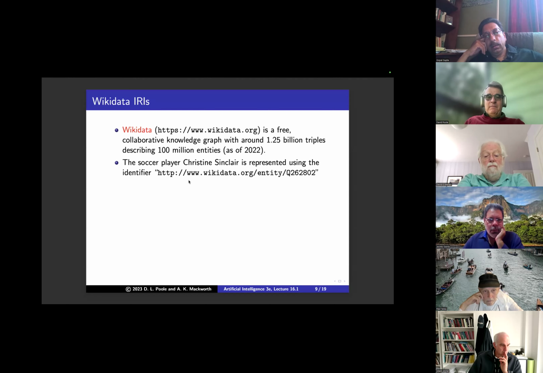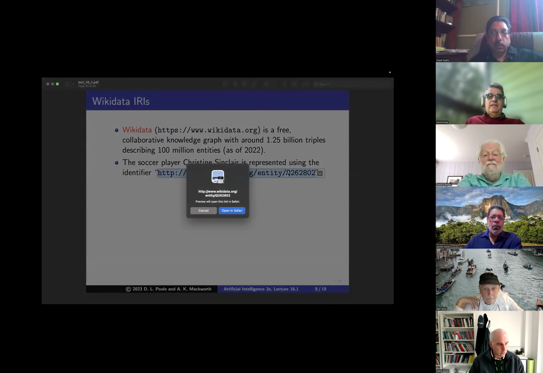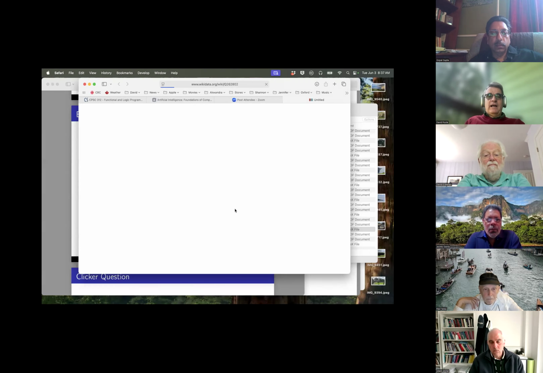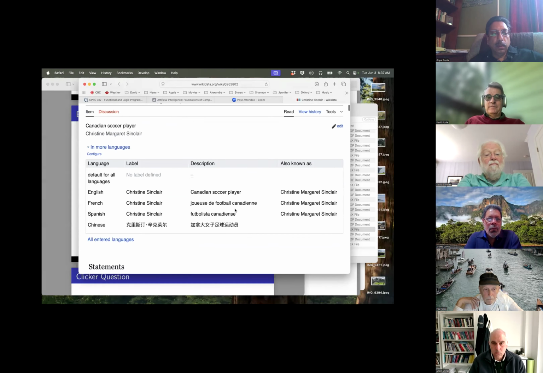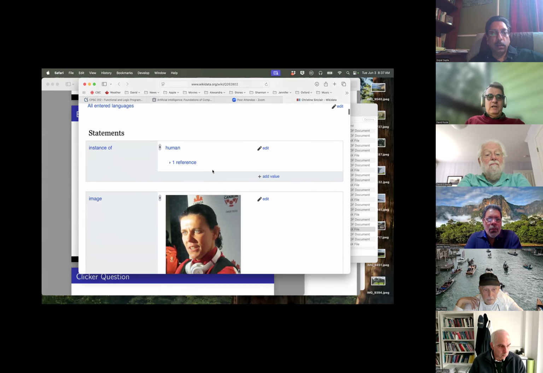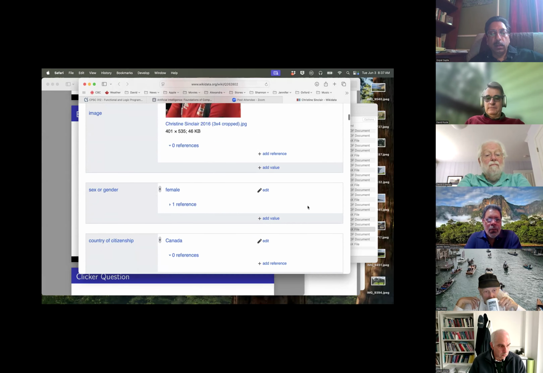She plays for Canada, and she scored more goals than Ronaldo or Messi or any of these people in international play. That's why we chose her. So here's her identifier. If I click on this link, it opens in Safari and I get to her page. But this is actually the description of her page. There are triples about her.